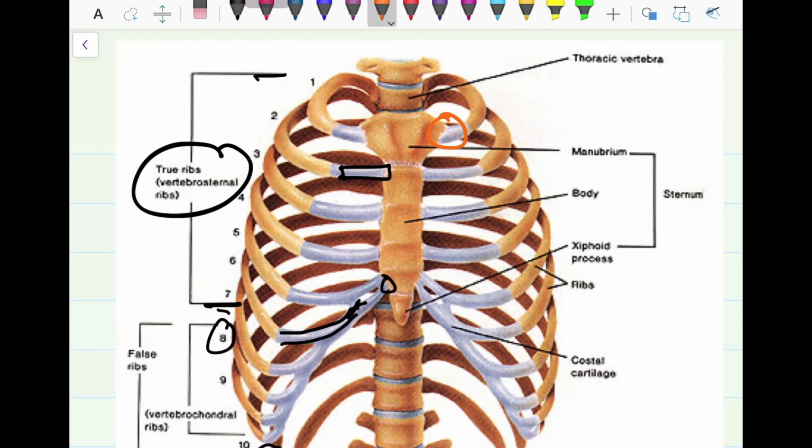Okay, now articulations of ribs with the sternum. At the sternum we have already seen there are the first to 7th ribs, they are called true ribs, and these are directly articulated with the sternum, individually attached with their own costal cartilage. Then for the false ribs, like 8 to 12, first the 8th, 9th and 10th ribs are false ribs articulated with a common cartilage, like the above costal cartilage they join and then it connects to the sternum. But the 11th and 12th false ribs are also called floating ribs because they do not articulate with the sternum.